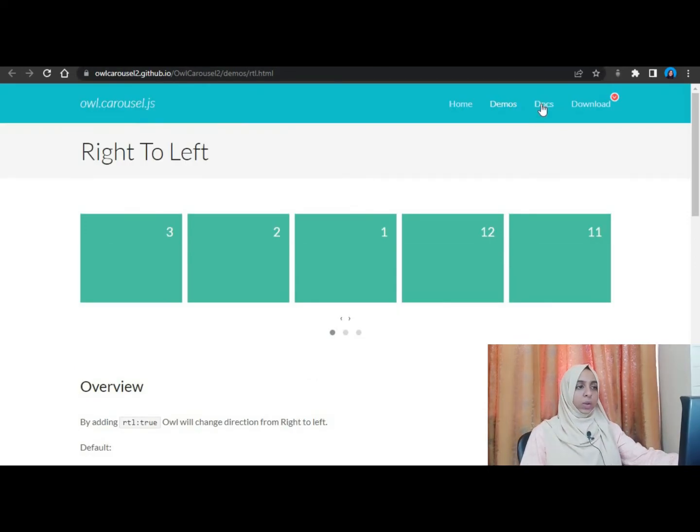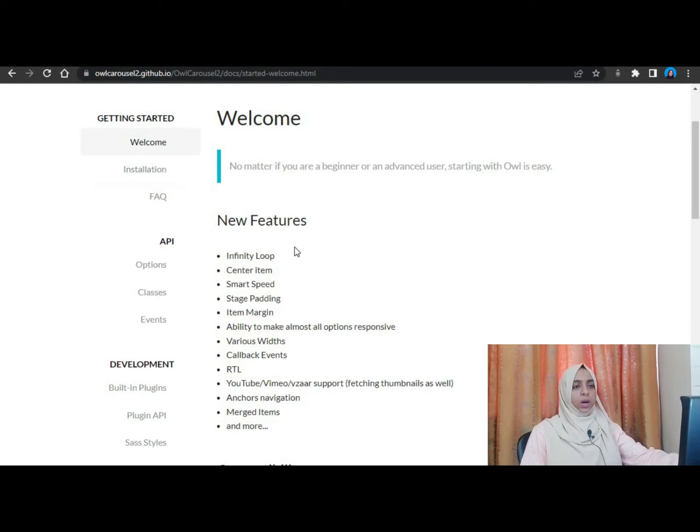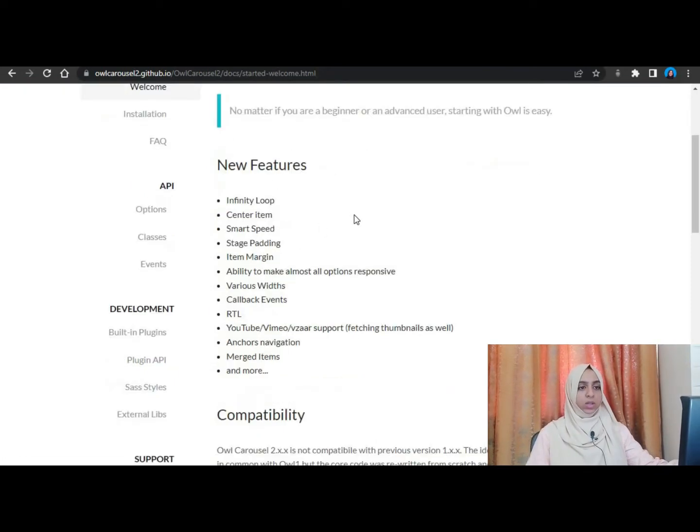So we will start with the docs. Here we first have to look at this and follow the instructions of how we have to use this. Here I will also show you how you can read the docs and implement it in your project. Not necessary if it's a project from scratch. Even if you're making a website and you have 4 or 5 sections ready, you can use owl carousel in one of those sections.